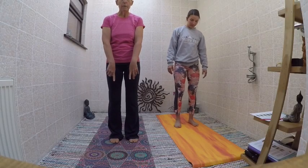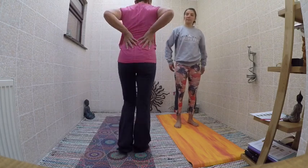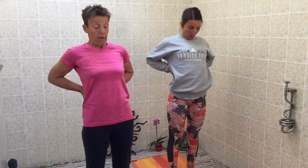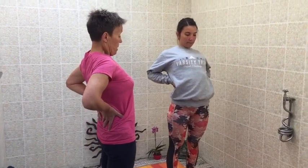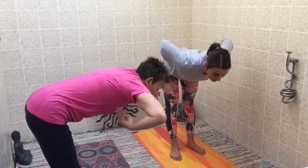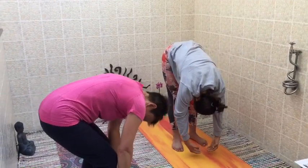So my feet are hip width apart again, and I'm going to place the hands on the small of the back, just to support my back. I'm keeping my chin down, just a little back bend, not very far, and then come forward with a straight back, and then allow the arms to drop, bending the knees,